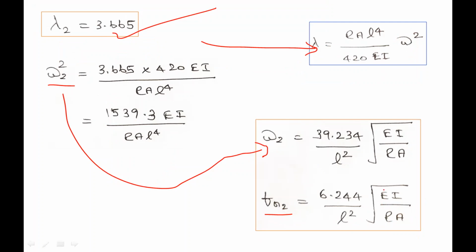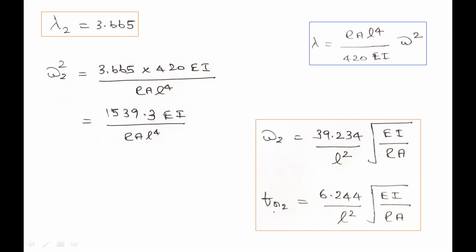Now we have not used any numerical values for these parameters. Suppose the numerical values are given, the problem will be simpler for us. We can easily substitute all the values starting from the element characteristic equation. Then we will end up with numerical values for omega and Fn. These are the two natural frequencies we derived for the cantilever beam by assuming only one finite element model, that is, we used only one beam element to solve this problem. We will discuss some important points regarding this natural frequency.